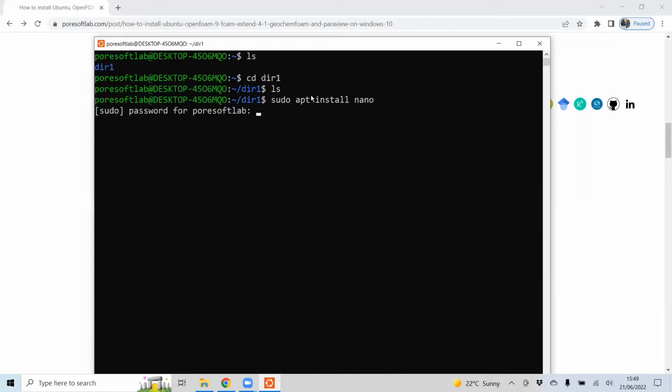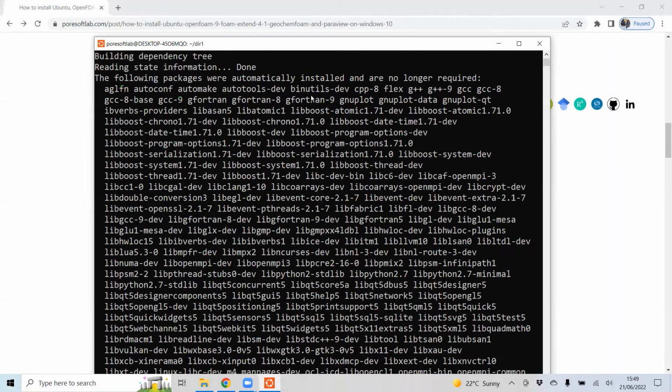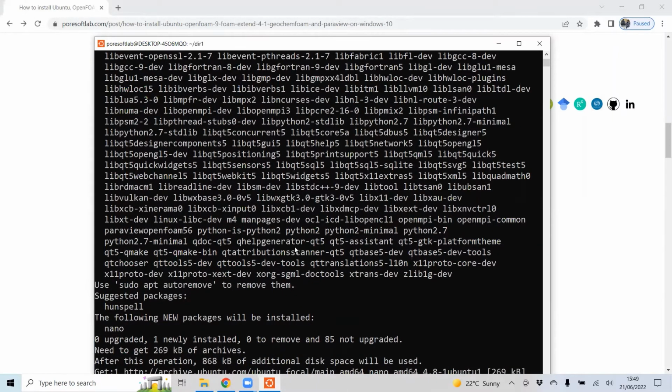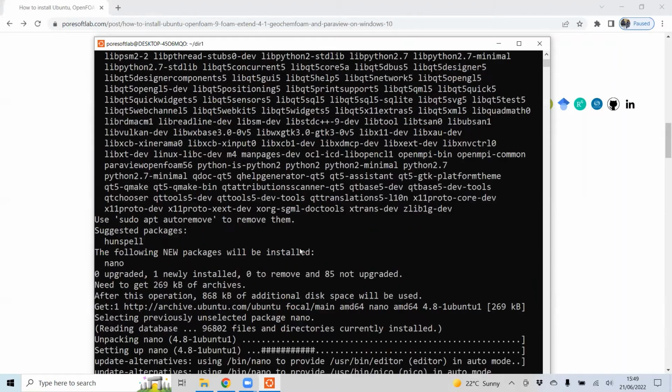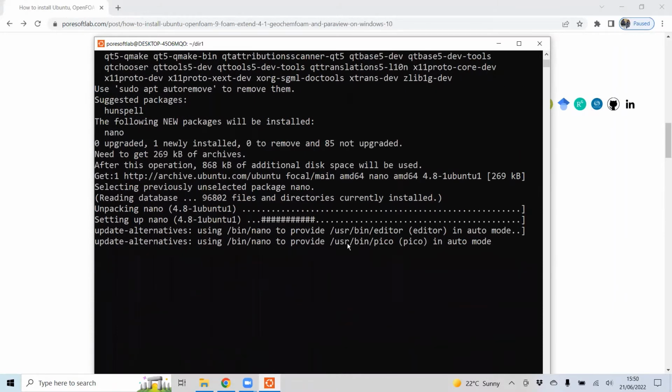It will ask for a password, and then it will start installing the nano editor. It's taking some time. Now we have the nano editor here.